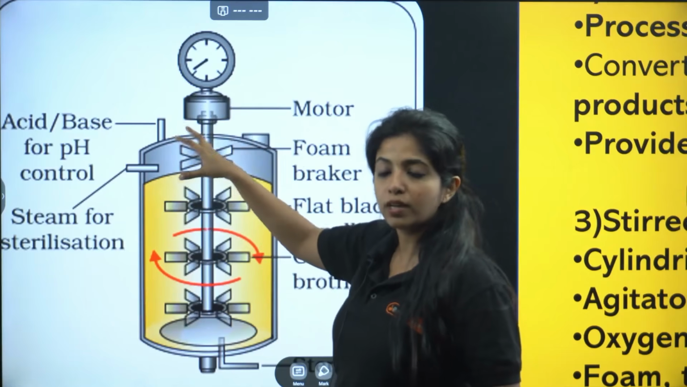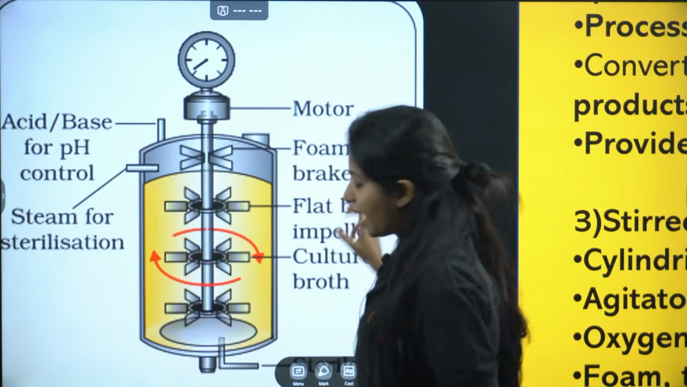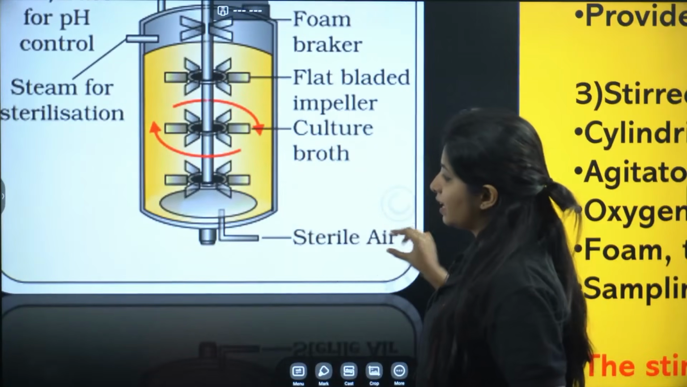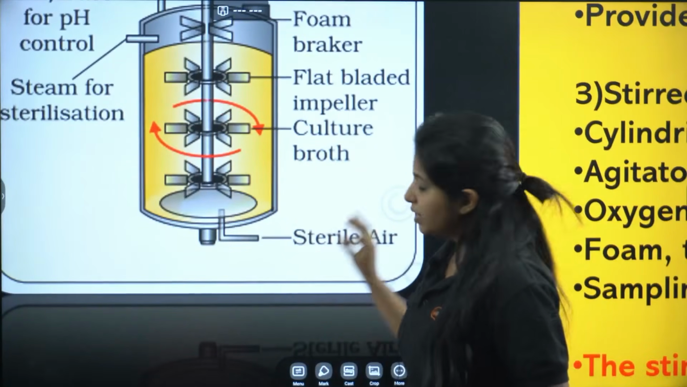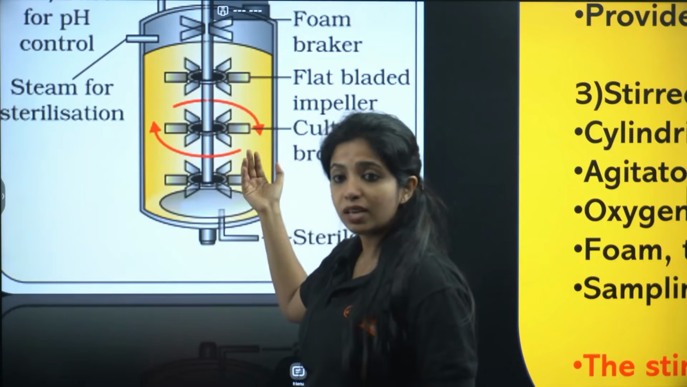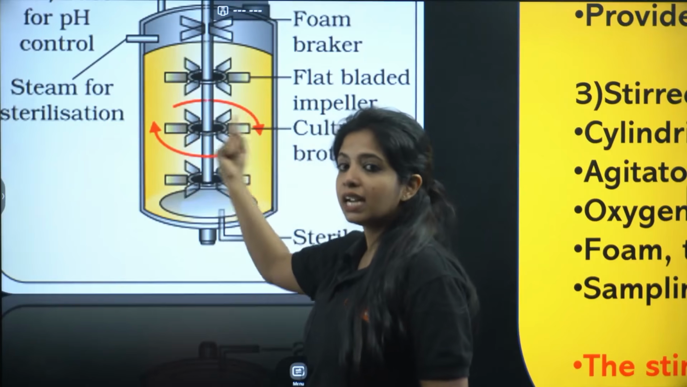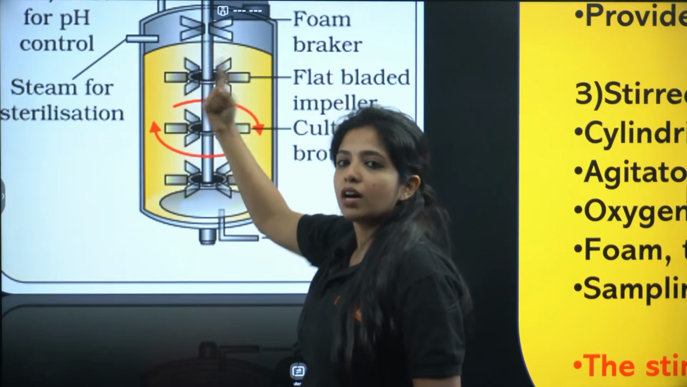If the foam is formed, it is going to be causing a huge lot of trouble. That is why you have a foam breaker. Okay, and please remember, here you have the sterile entry for the sterile air as well. So air is going to enter through this, and basically when you are putting it here, that means that the stirrer which is there, or basically the impeller which is there, it is going to be responsible for providing the